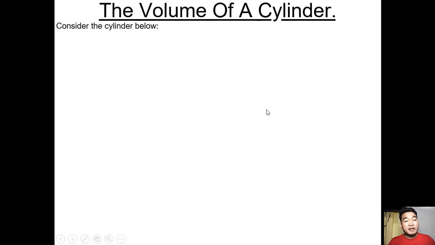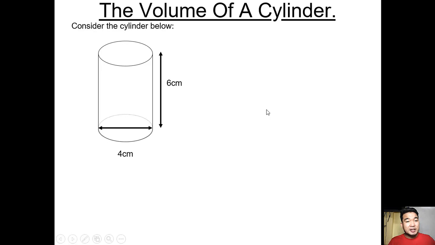So the volume of a cylinder. Consider the cylinder below. As I've said earlier, in calculating the volume of a prism, we may use the formula V is equal to area of the base times the height. And also, I also mentioned that a cylinder is a special type of prism wherein it has a